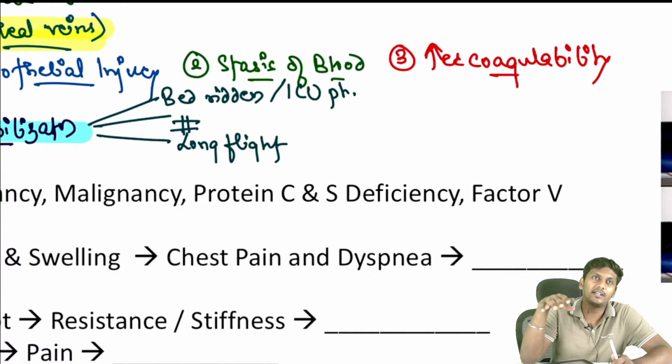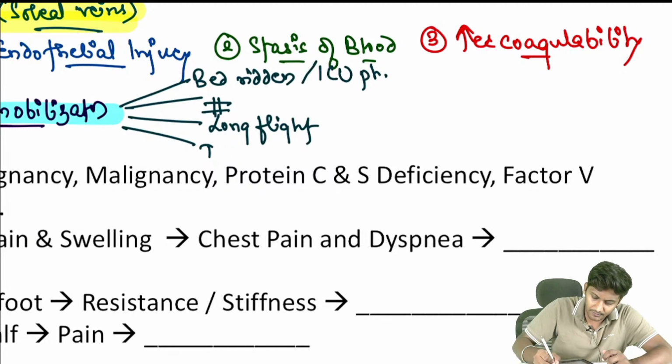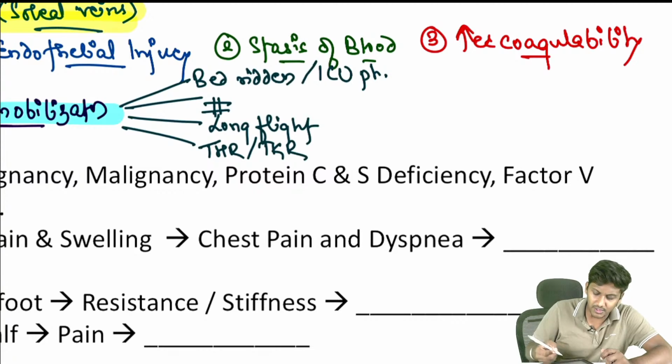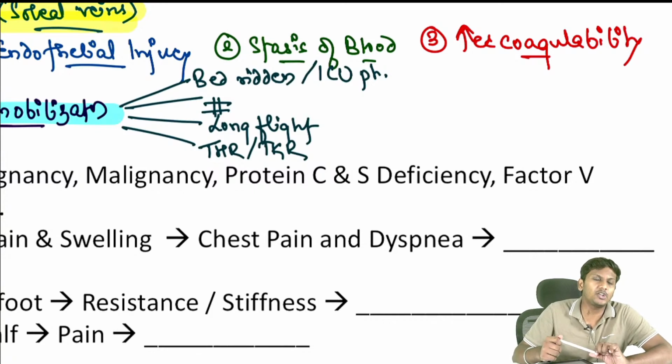So due to that, definitely there will be stasis of blood flow, and the chance of clot formation is going to increase. Okay, so definitely, or a patient after a major surgery like TKR or a THR, that is major surgery like a total hip replacement, total knee replacement surgery. Okay, then also you might have studied, right? Definitely a patient who is having some muscle weaknesses like muscular dystrophies. Okay, so all of these conditions, multiple sclerosis, yes,